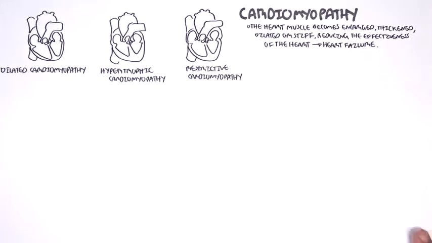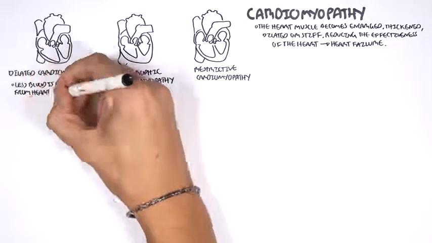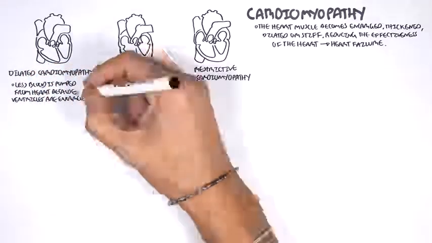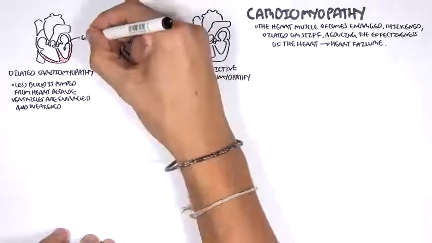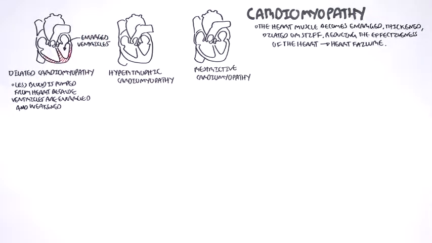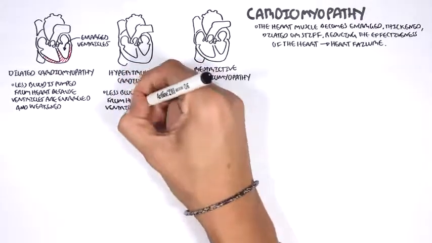Let's look at dilated first. Dilated cardiomyopathy is when there is less blood pumped from the heart because ventricles are enlarged and weakened. And dilated cardiomyopathy can lead to systolic heart failure with a big decrease in ejection fraction. So we have enlarged ventricles with dilation. Hypertrophic cardiomyopathy, on the other hand, is when there's less blood pumped from the heart because the ventricles can't